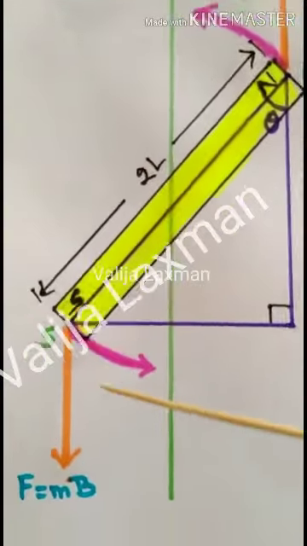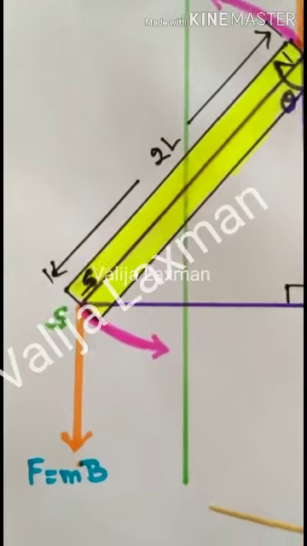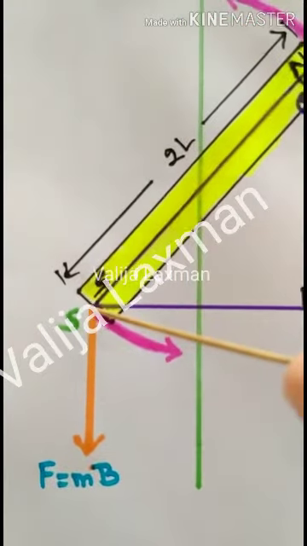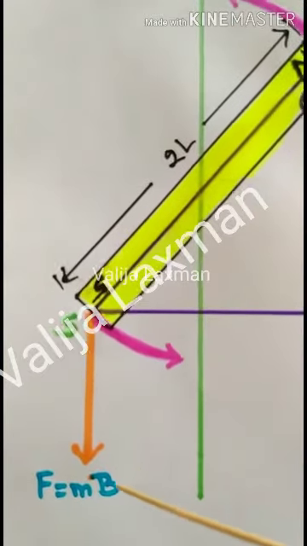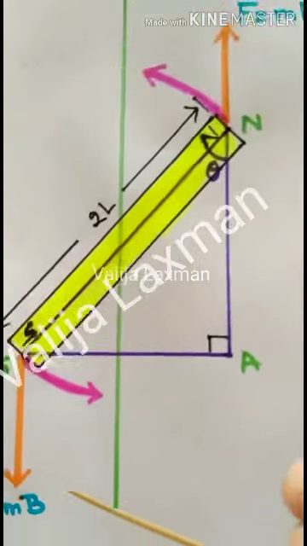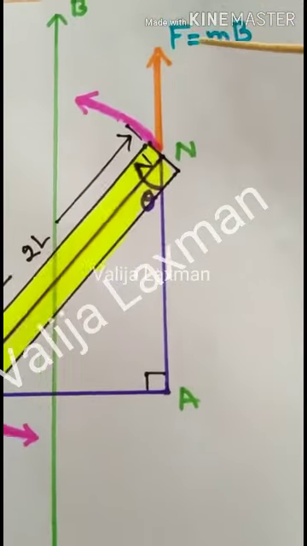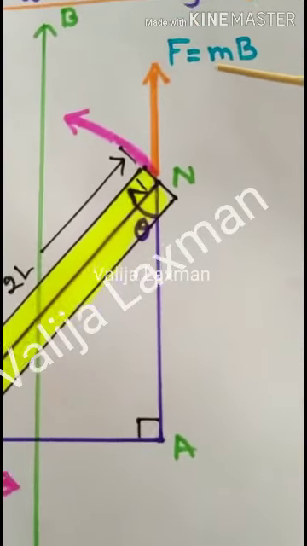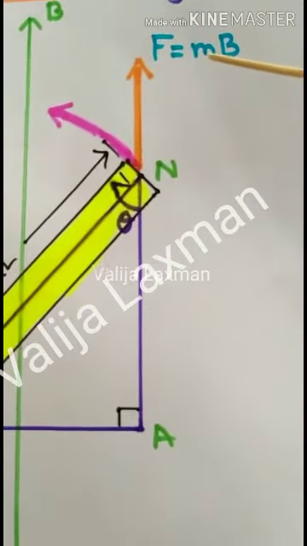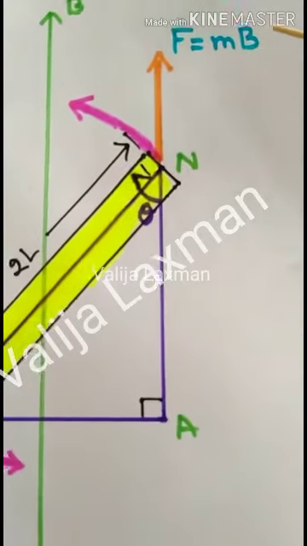And here if you are observing this side, assume that this side we are having the north pole of the external magnetic field. So the south pole of the bar magnet is attracted towards this north pole. So this arrow is indicating the force in the downward direction. And the force acting on this bar magnet is given by the formula F is equal to mB. We get F is equal to mB according to the definition of the magnetic field strength, that is B is equal to F by m. From that you are getting F equal to mB.